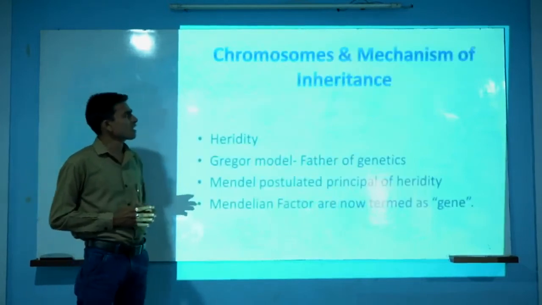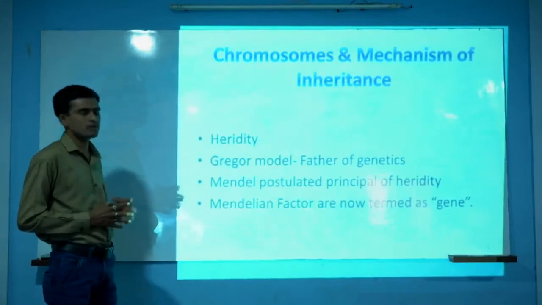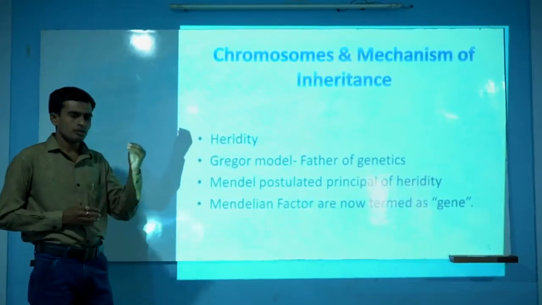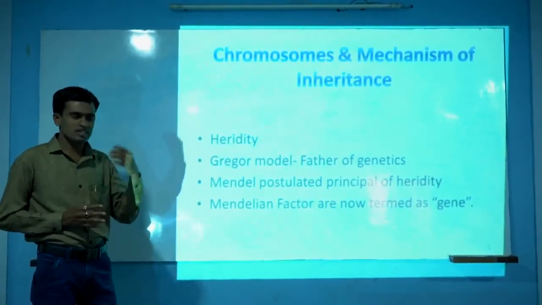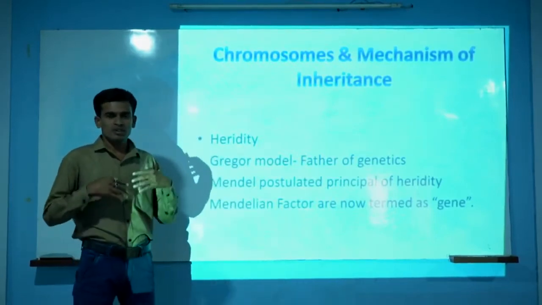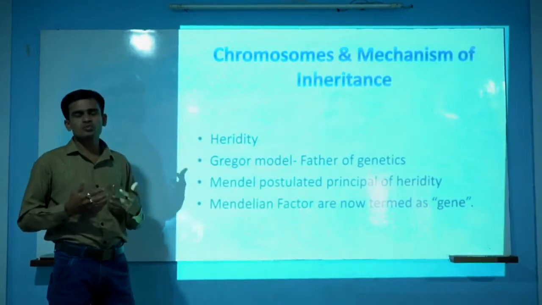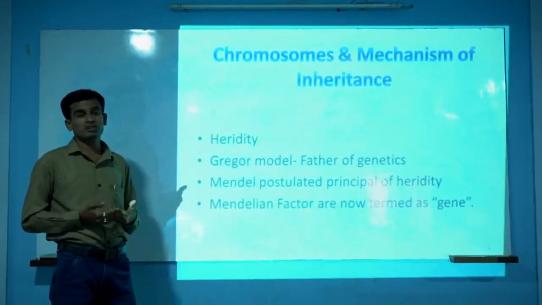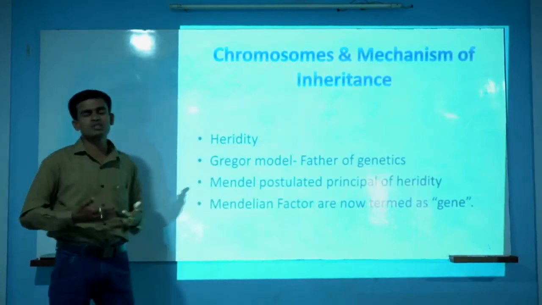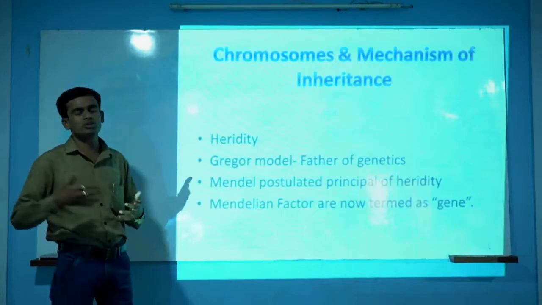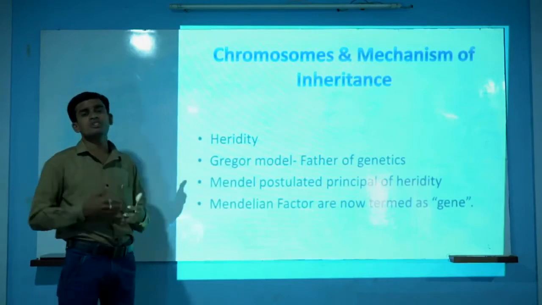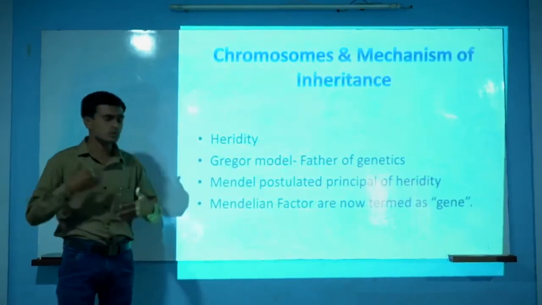Next, the chromosomes and mechanisms of inheritance. We know chromosomes are found in the cells, and genes are located on the chromosomes. Genes are meant for the expression of characters. Mechanisms of inheritance means the transmission of characters from one generation to the next generation, and how the characters get transmitted. This transmission of characters from one generation to the next, we call heredity,